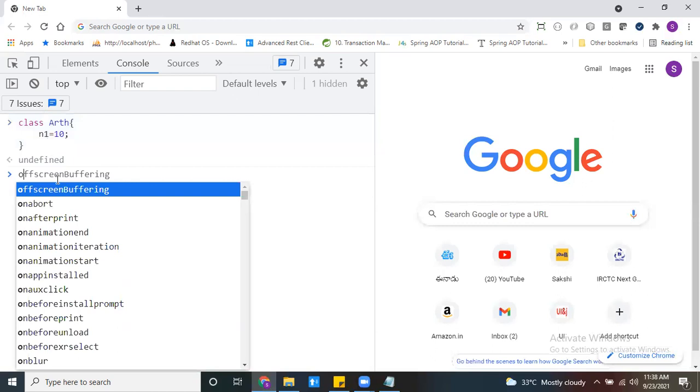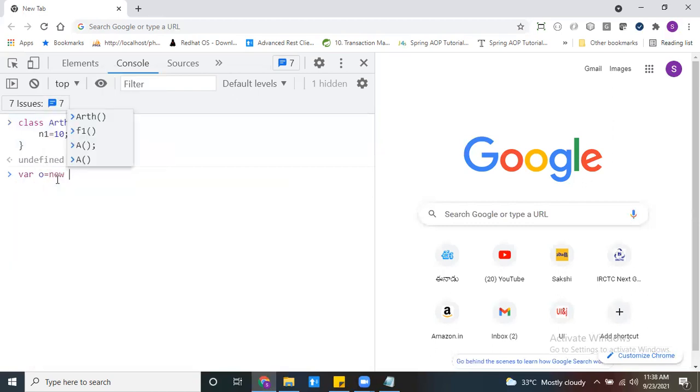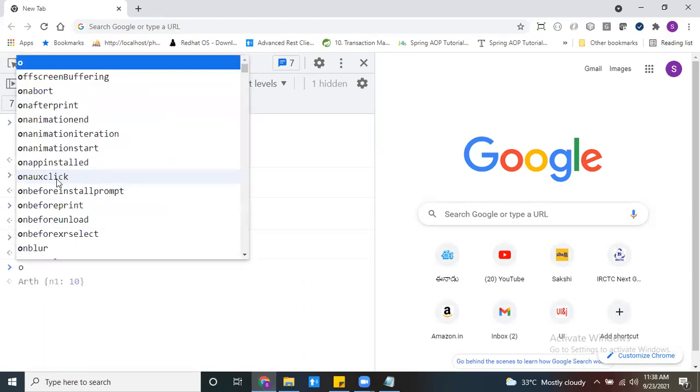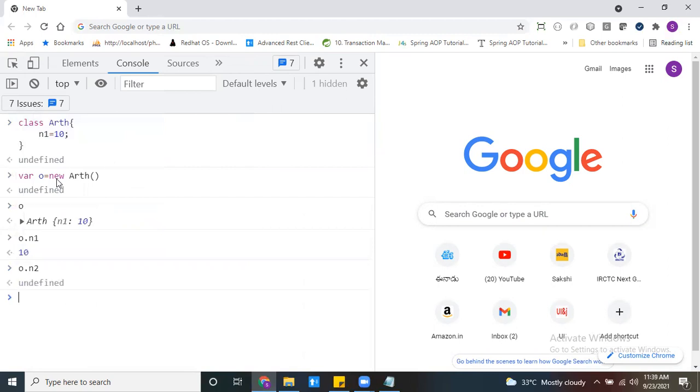Now I want to create an object. So how can we create an object? o equals new arithmetic. Yes. Now see my o, my n1 is there or not? o.n1 is this one, and o.n2 is not there. I want to inherit the n2 property into my arithmetic class, which you created by using the class keyword.